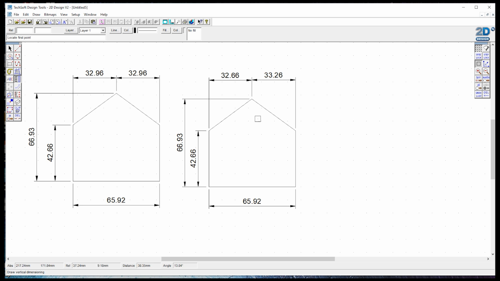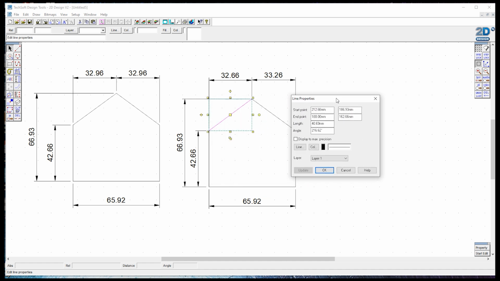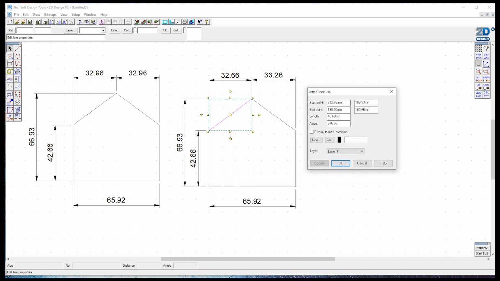Now if I wanted to make some changes to this drawing, some detailed changes, I can come back and redraw things. I could use that offset tool again. However, remembering what we know about vectors, we can do other bits and pieces. So for example, if I select this line here, now in this software a little box appears here that says property, and you'll find something similar in all CAD software. So if I click where it says property, and I'll just drag this box to one side,